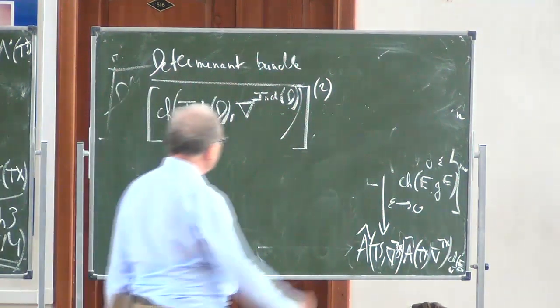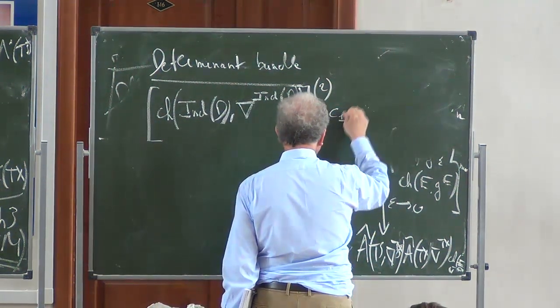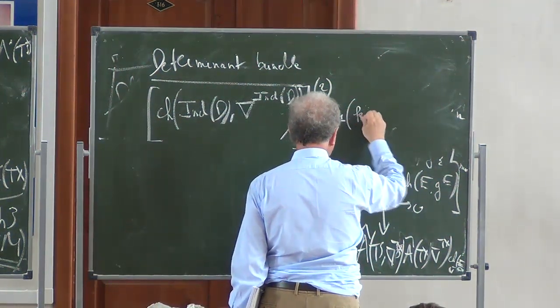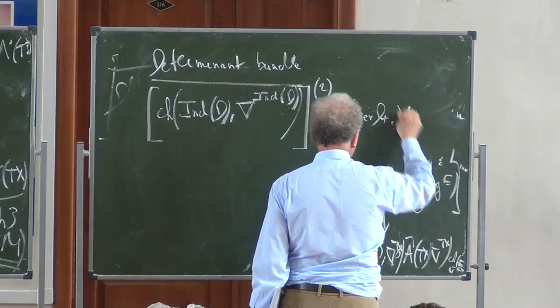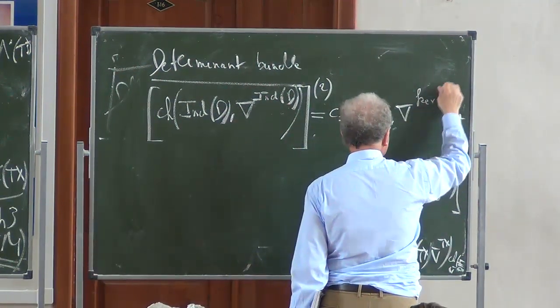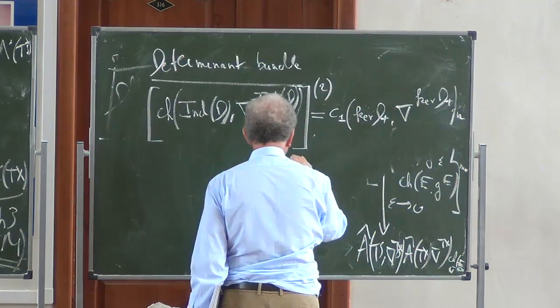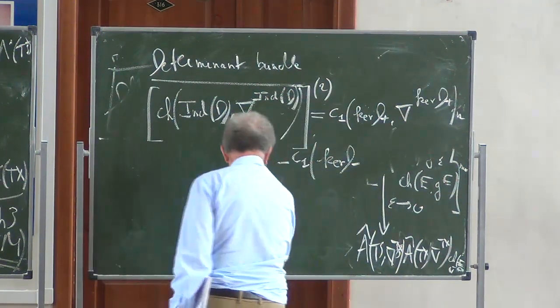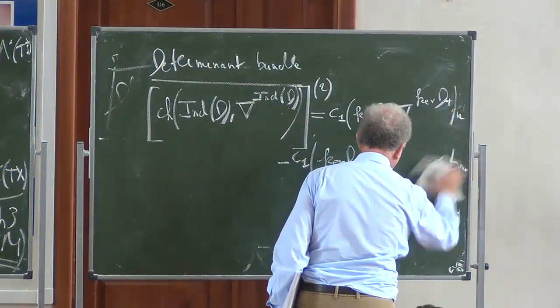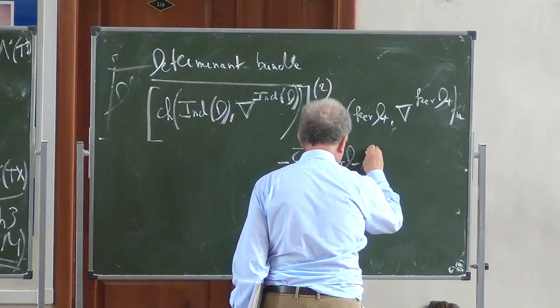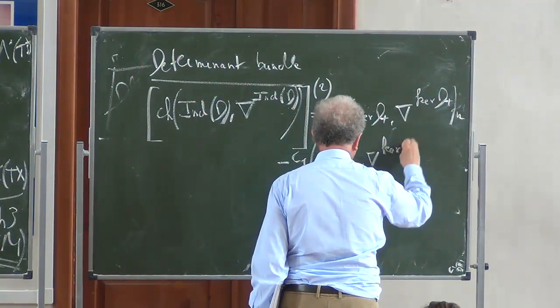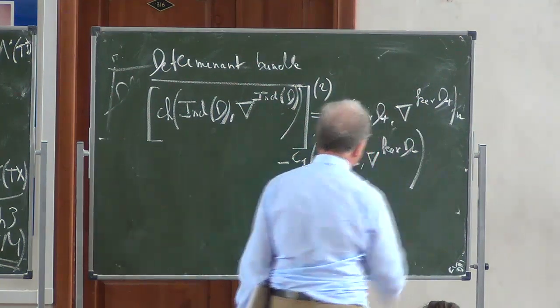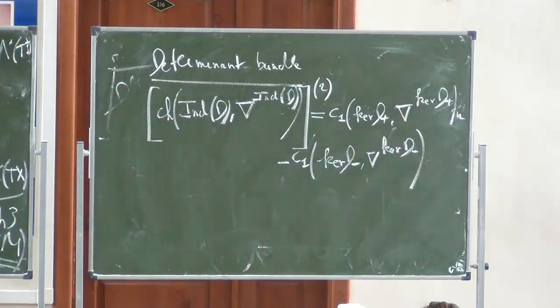So this, by construction, is given by the C1 of the kernel of D plus equipped with the projected connection, minus the C1 of the kernel of D minus equipped with the connection. This is just a tautological, almost tautological statement. The Chern character form in degree 2 is just the C1 of this. So let me define